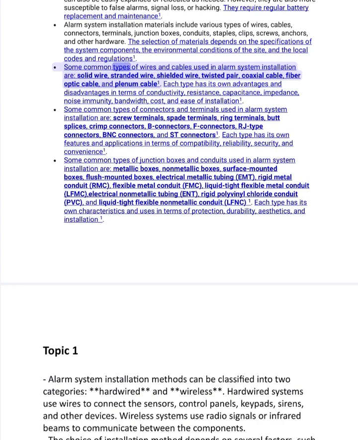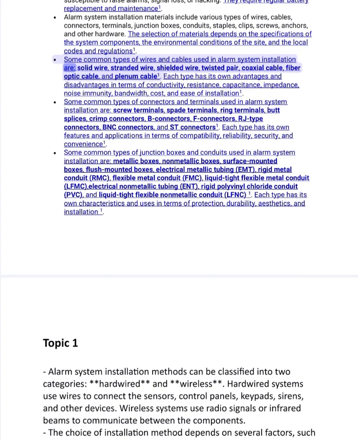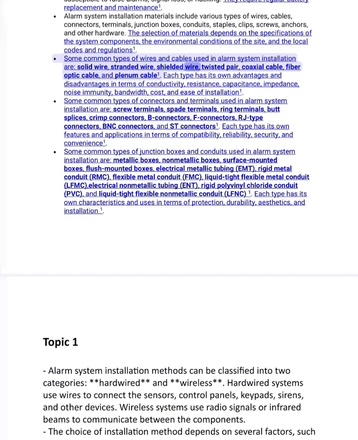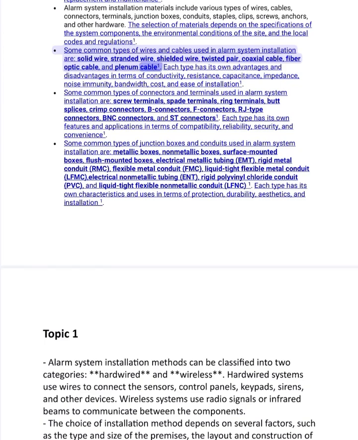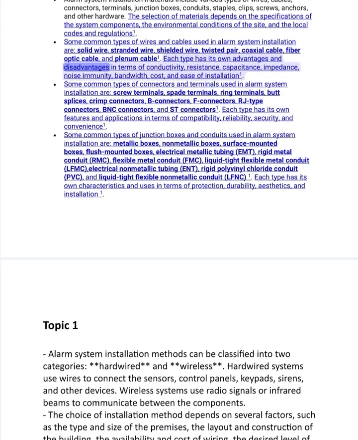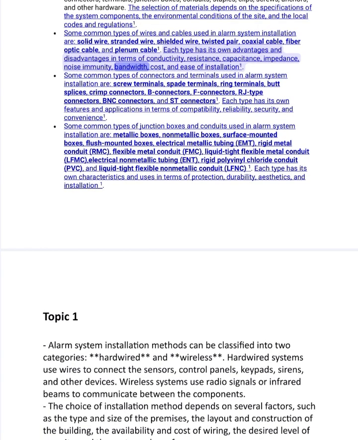Some common types of wires and cables used in alarm system installation are solid wire, stranded wire, shielded wire, twisted pair, coaxial cable, fiber optic cable, and plenum cable. Each type has its own advantages and disadvantages in terms of conductivity, resistance, capacitance, impedance, noise immunity, bandwidth, cost, and